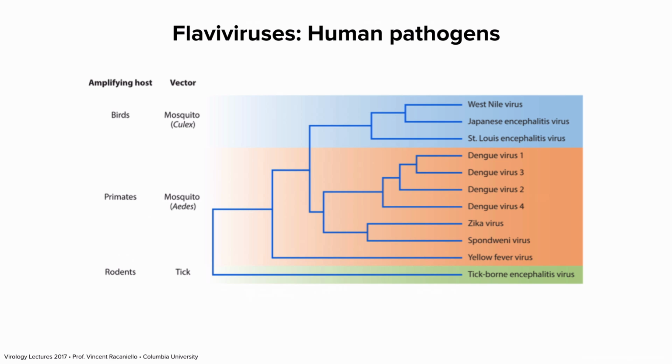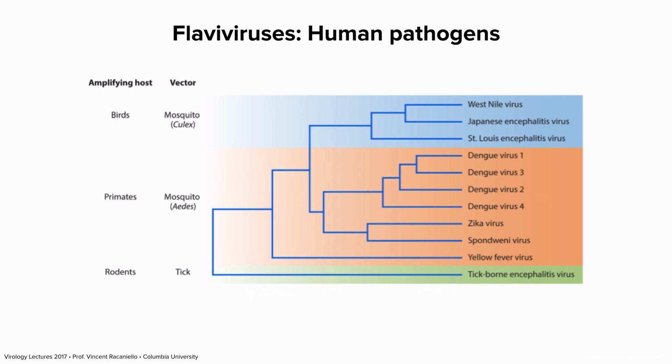So here's another example of the different host-virus relationships. These are stable host-virus relationships among the Flaviviruses that are known. There are lots of Flaviviruses, but these are the ones that are known to be human pathogens. And they're divided into three groups here, which are different in the amplifying host and the vector. So the top three, West Nile virus, Japanese encephalitis, St. Louis